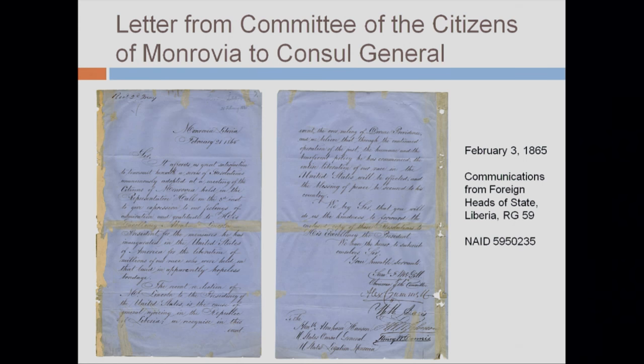Liberia, of course, was founded by freed slaves from the United States. It started to be settled in 1821, and the land was, of course, also occupied by the Africans that already lived in that space. And then the Liberian government was established in 1847. So in 1865,